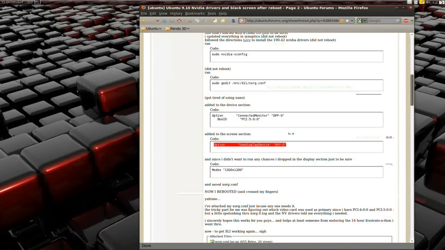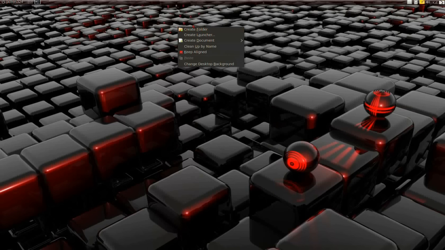After that, save it, restart it, cross your fingers, and it should come up. Once you've got your drivers installed though, I'm not going to close that. Right click on your desktop, hit change desktop